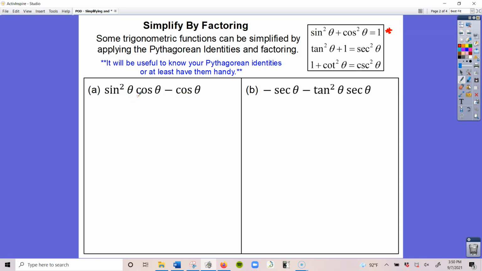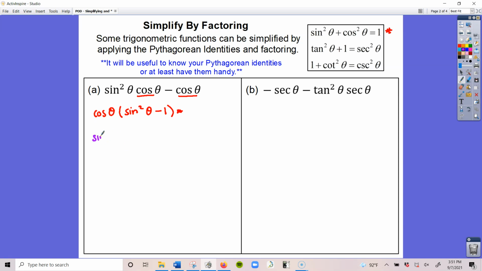I notice that both of these terms have a cosine theta in common. So what I can do is factor out a cosine. So this will be cosine theta times sine squared theta minus 1. Now, sine squared theta minus 1. If I look at this Pythagorean identity,